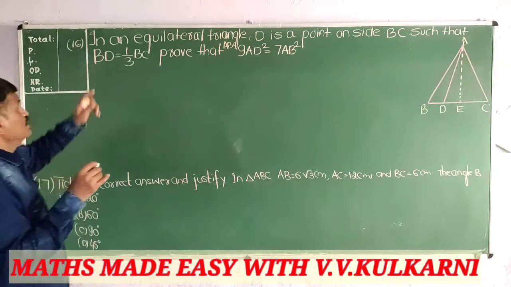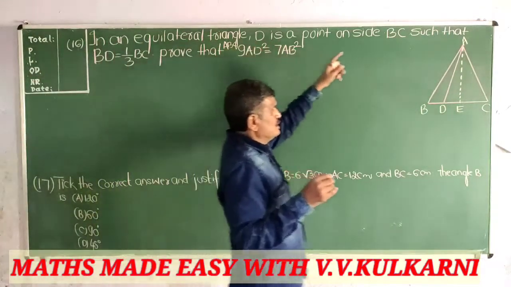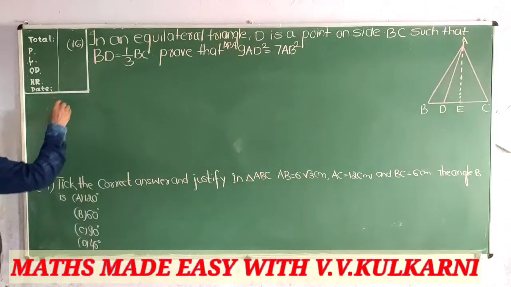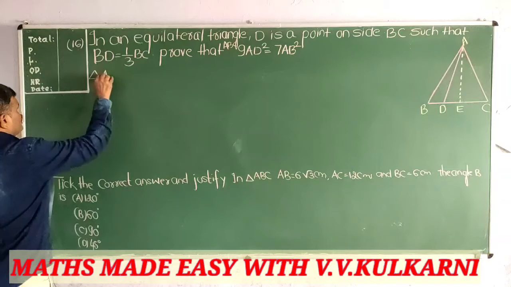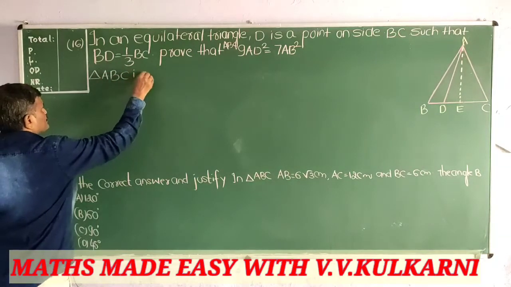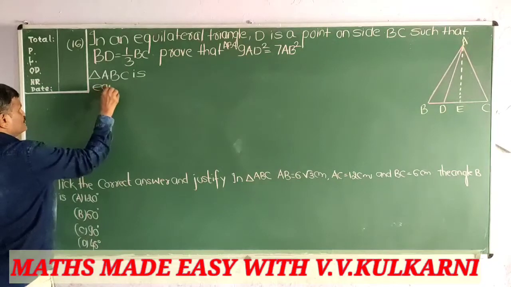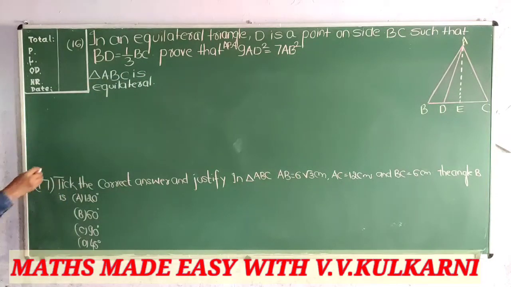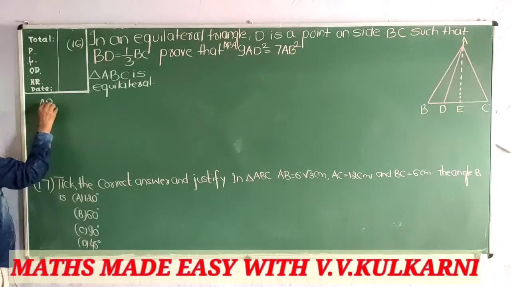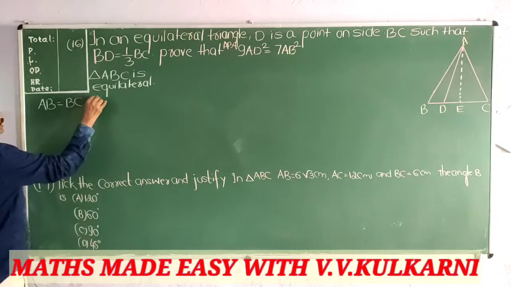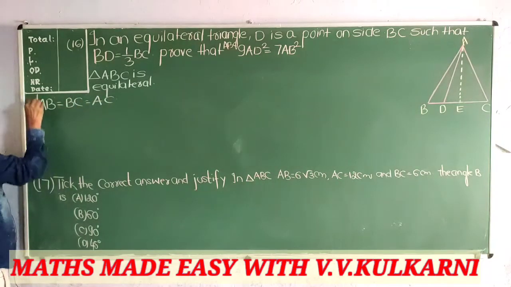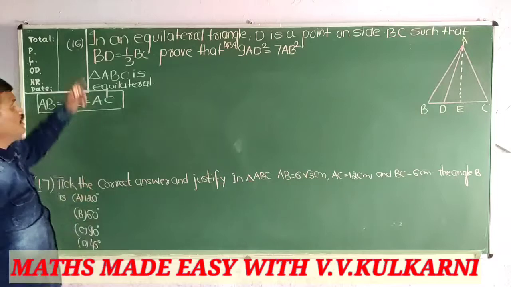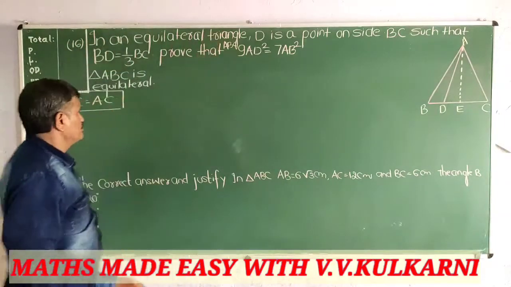Follow what I say. In an equilateral triangle ABC, see, ABC is an equilateral triangle. One thing you should remember: if it is given that triangle ABC is equilateral, who said it? It is given. It is not written by me. So what I can say here is AB is equal to BC is equal to AC. If a triangle is equilateral, then all sides are equal. So from the word equilateral triangle, I have come to the first equation.